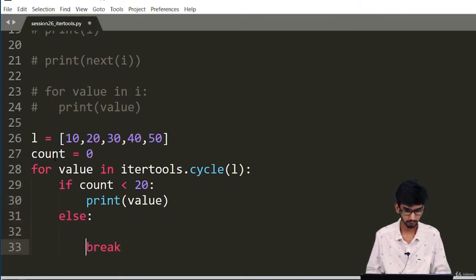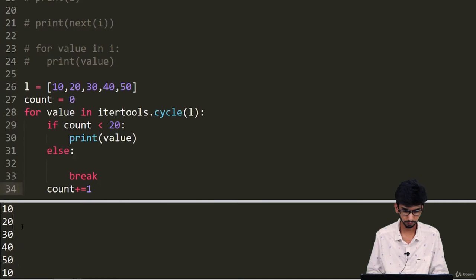I need to make sure that I'm incrementing the count value, otherwise it will go into an infinite loop. So I'm saying count plus 1. Now if I execute this and see the output, it started from 10, 20, 30, 40, 50. After that, again it starts from 10, 20, 30, 40, 50, and again, until it counts to 20.